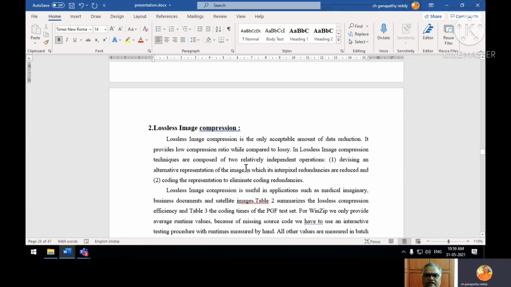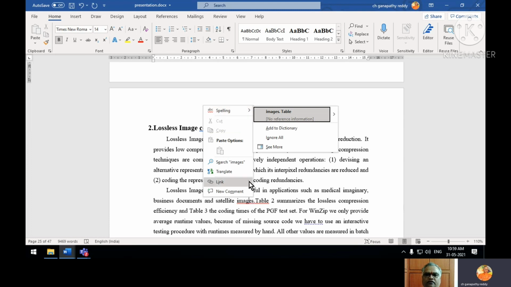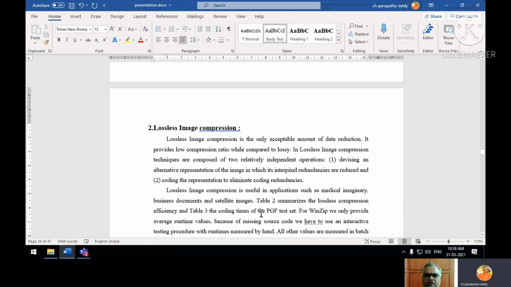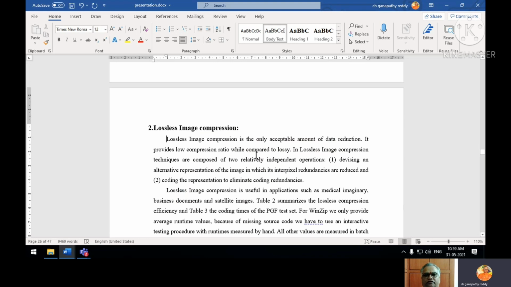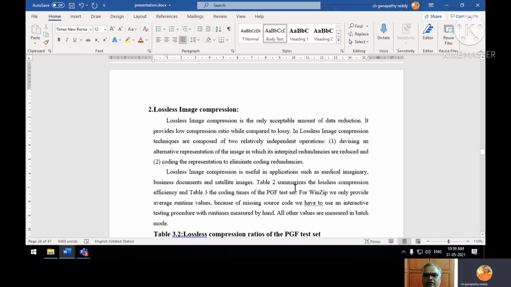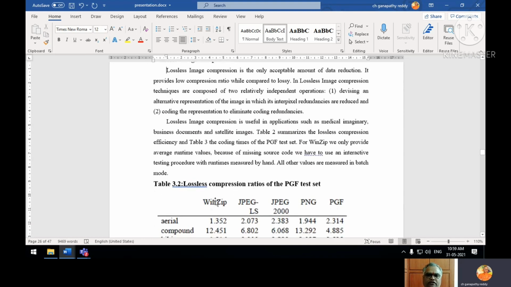If there is any mistake in the document, shown in red color, just right click and modify. So images, table. So here compression, it should be like this. So green and red, observe, and if necessary, change it.